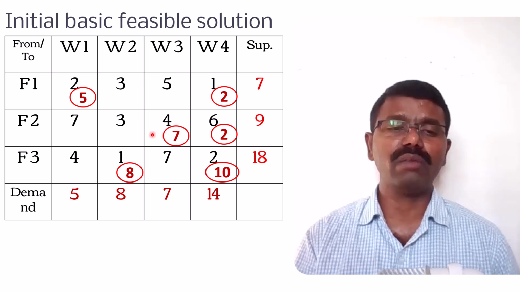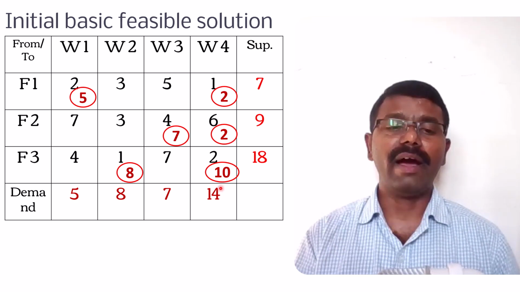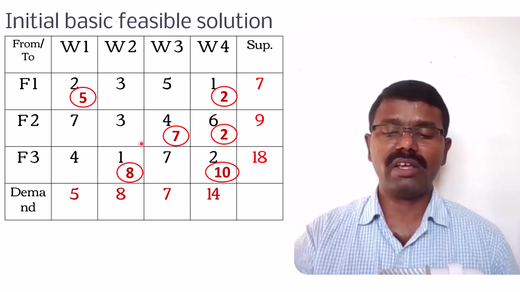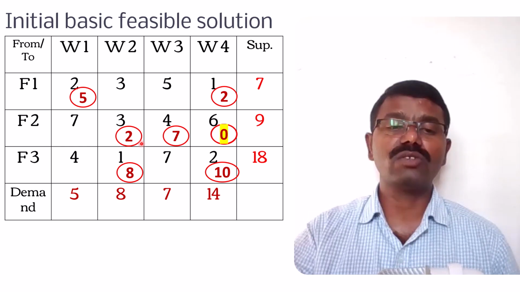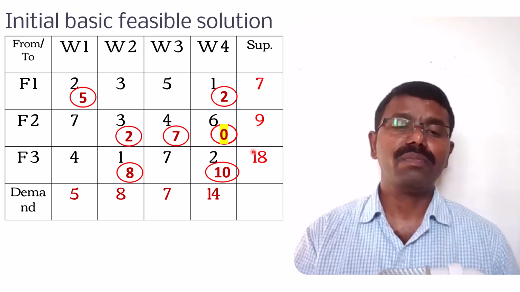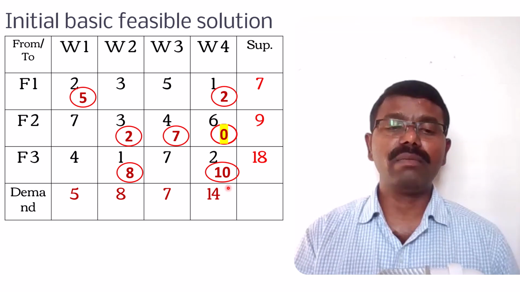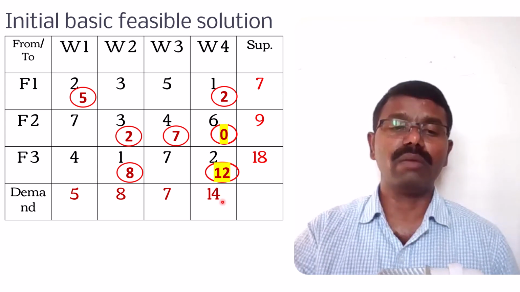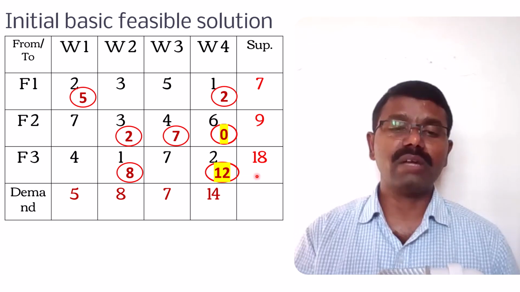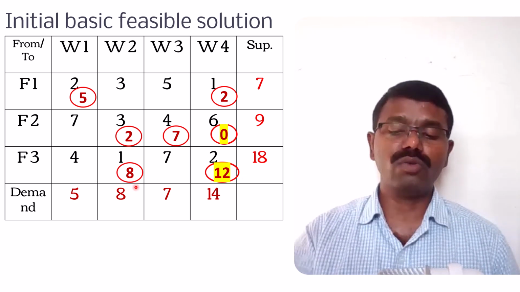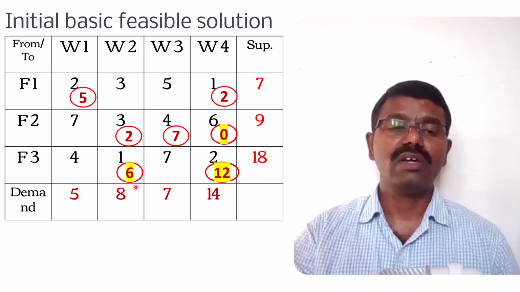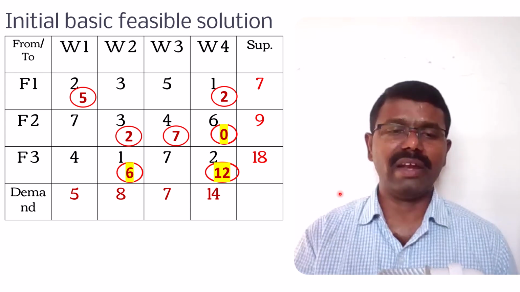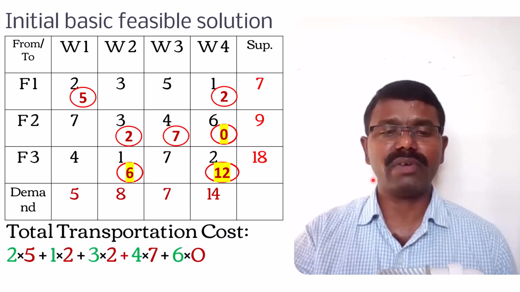So this 2 I can move here, so then this becomes 2 minus 2, 0. You assign 2 here first, then you minus 2, it becomes 0, and then here 10 plus 2, because here I minused, so now it is unbalanced. 10 plus 2, it becomes 12. Then again it becomes unbalanced, so here I need to minus 2 units, so 8 minus 2, that is 6. Now it becomes balanced. So finally the basic feasible solution for this problem is